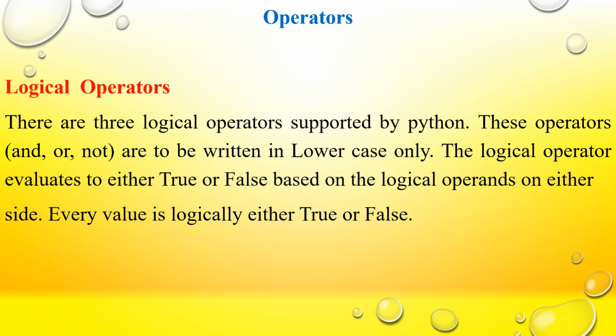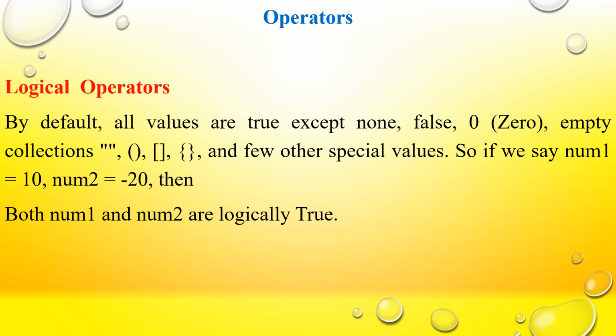Every value is logically either true or false. It means whatever operands we use on either side of a logical operator, it will result in true or false. So what will be a true value and what will be a false value? By default, all the values are true. Example: 10, 20, minus 20, 30, 40, minus 100, A, X, Z, all these are by default true values,